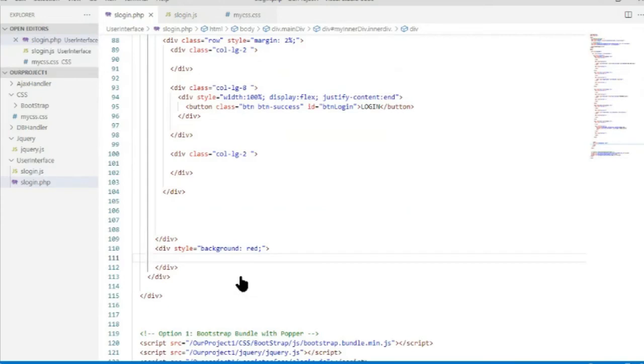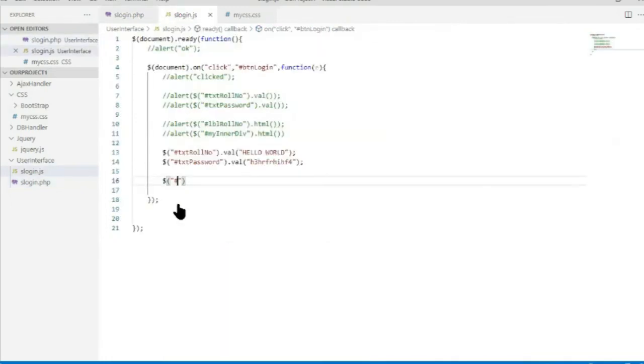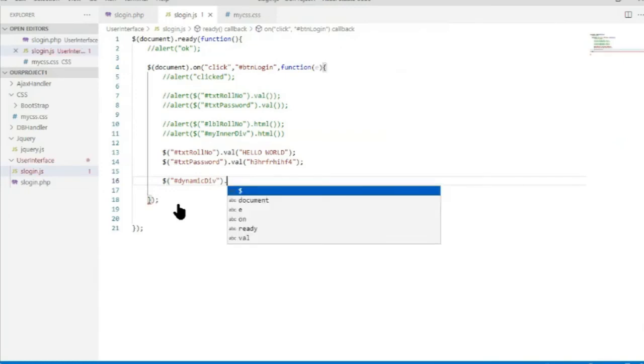The ID of the element is right now none, so we have to give an ID to this. So ID is equal to, let's give it an ID, say dynamic div. Okay, I'm calling it dynamic div. This div's internal HTML content we want to write programmatically. We are grabbing that div element, and for that div element I want to set the